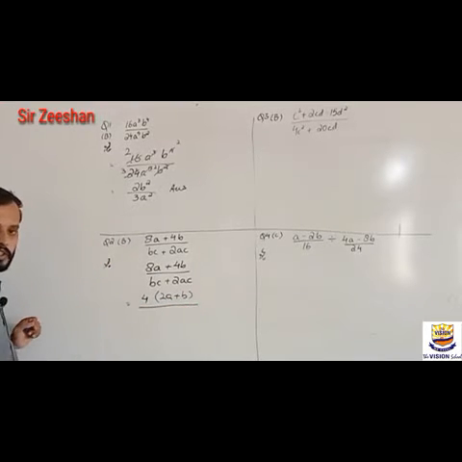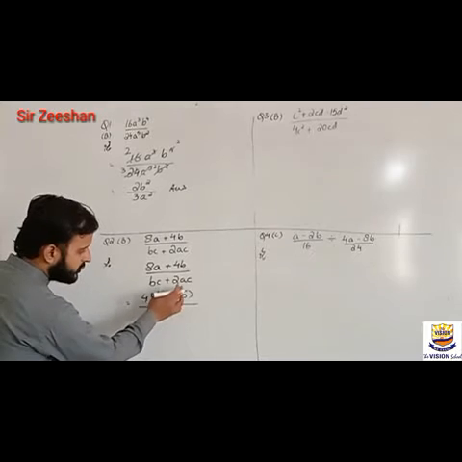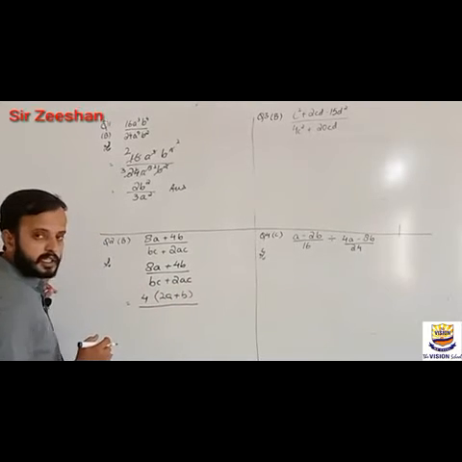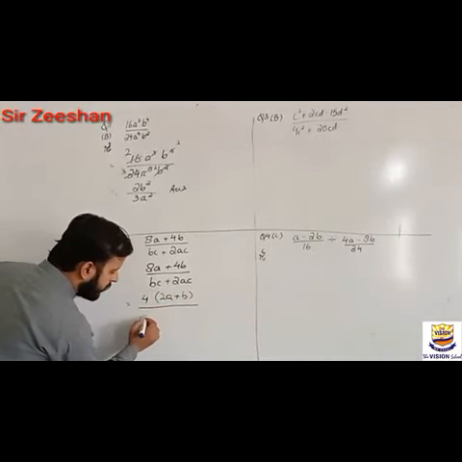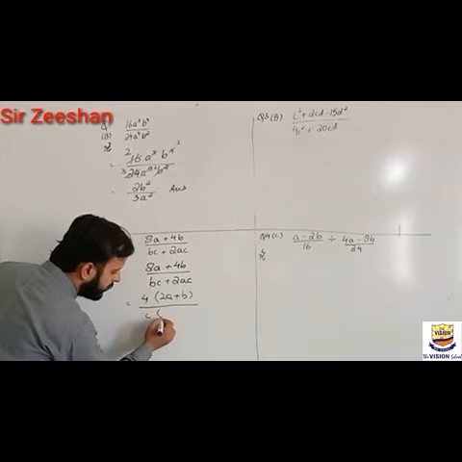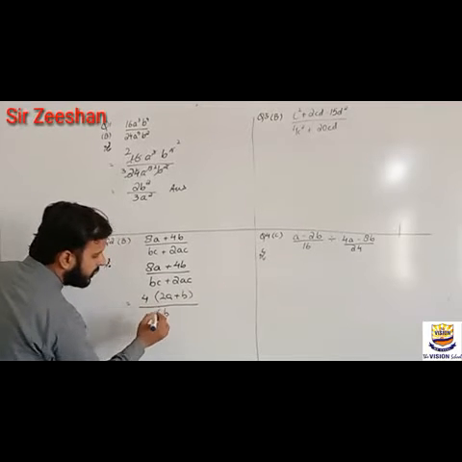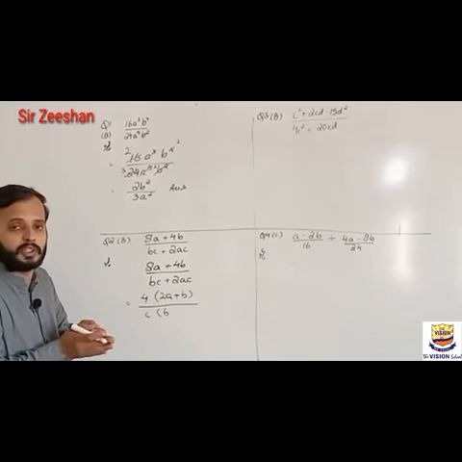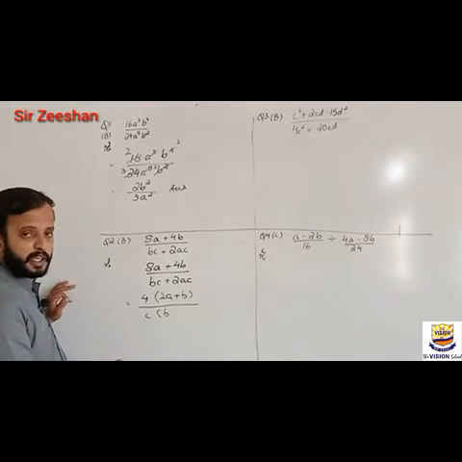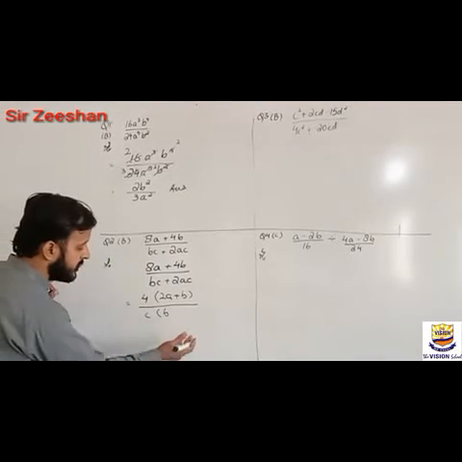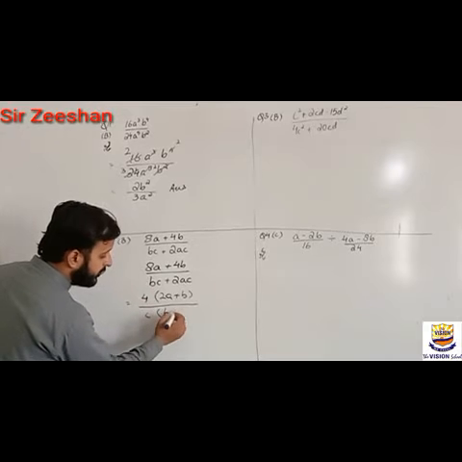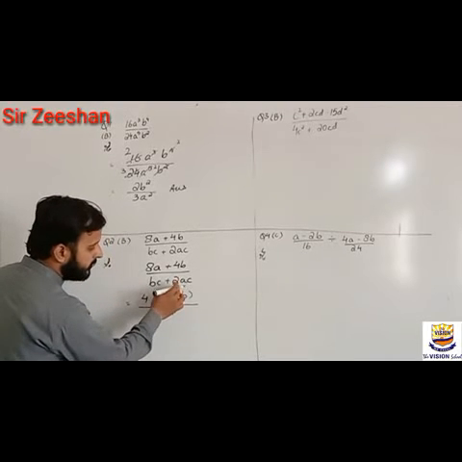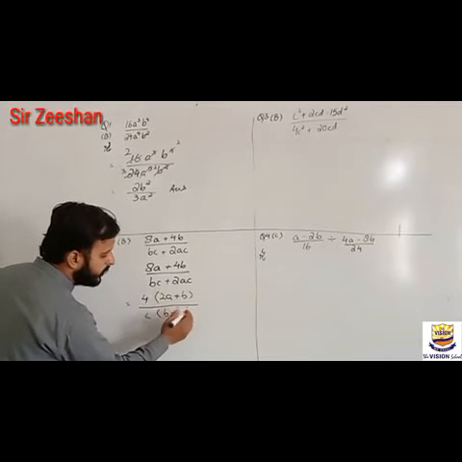Let's solve the denominator now. What is common in between these two? As you can see here, c is common, so I'll take c as common, and there will be b remaining. As I told you in the previous video and in previous chapters also, whatever you take common comes outside of the bracket and whatever remains goes inside. So b from here, plus sign, and then we have taken c common here, so 2a is remaining.